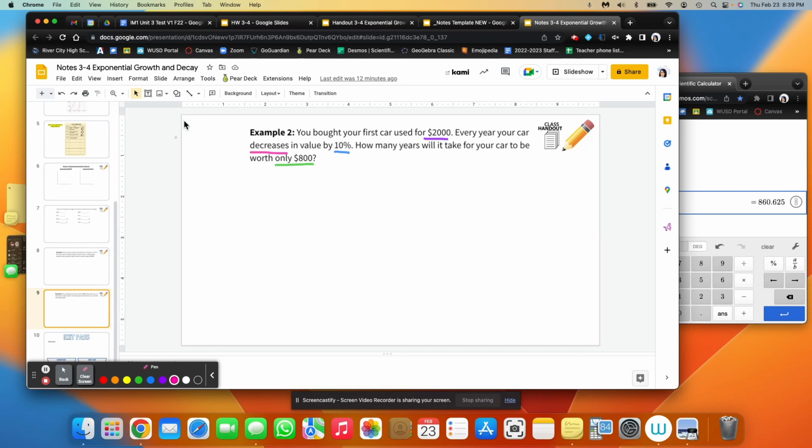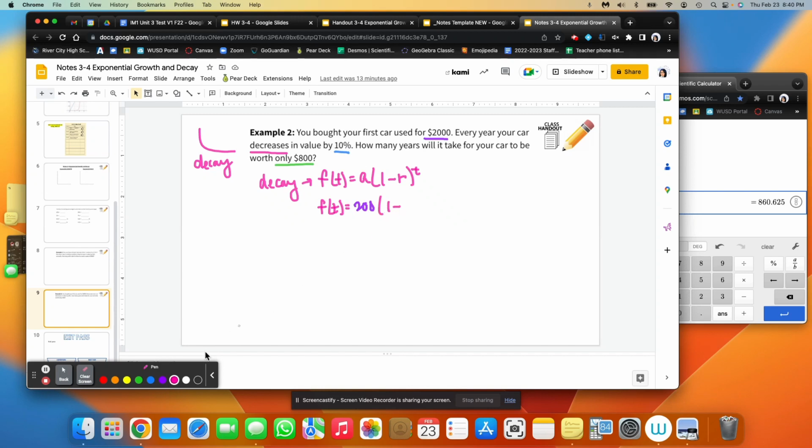Okay, so I know that this is a decay problem because it says the word decreases. So I know that for an exponential decay problem, my formula looks like this: f of t equals a times 1 minus the rate to the t power. Okay, so let's first start with the value of a. So the value of a is going to be 2,000. So my formula is going to be f of t equals 2,000, our starting value,